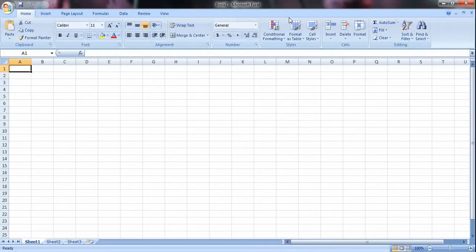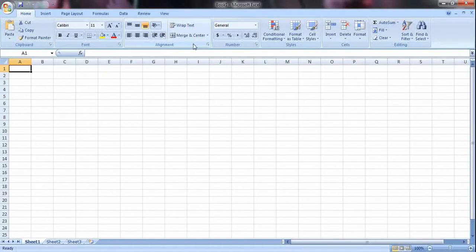And on ribbon, if you see here, there are different options like clipboard, font, alignment, number. So these are nothing but groups. So if you look here, every group consists of some set of options. For example, if you look at clipboard, so clipboard contains options of cut, copy, paste and format painter. Similarly, coming to the font group will contain options which will be applied on your font. Similarly, coming to alignment and so on.